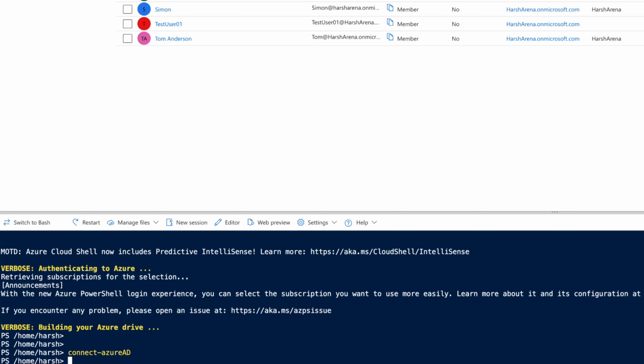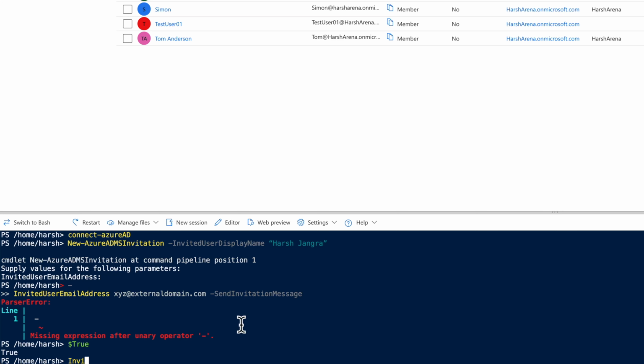Like I said, I already created the PowerShell command for you. I'm going to simply copy and paste it here so that it won't waste a lot of our time. Oh, actually I made a small mistake while copying this. Let me just make it like this. Anyway, I'm going to write it again: New-AzureADMSInvitation. As you can see, it's right here. And this time the display name would not be HarshArena, this would be